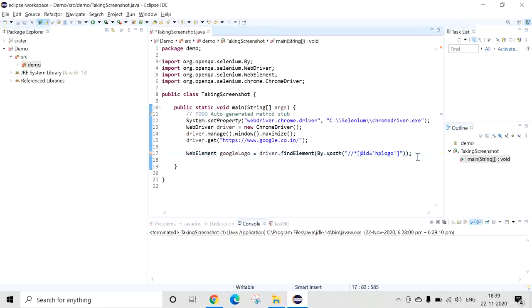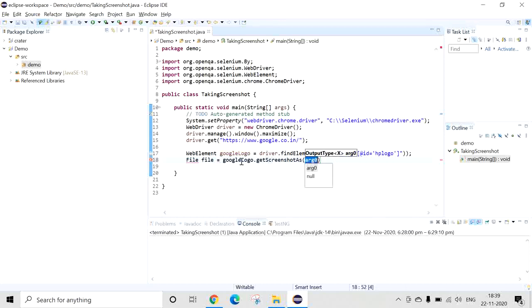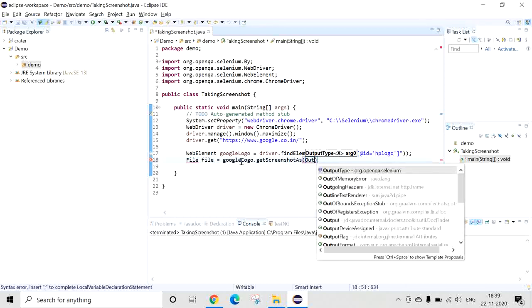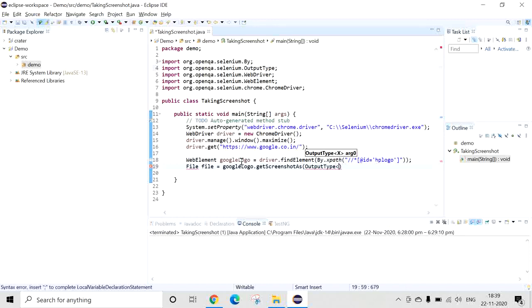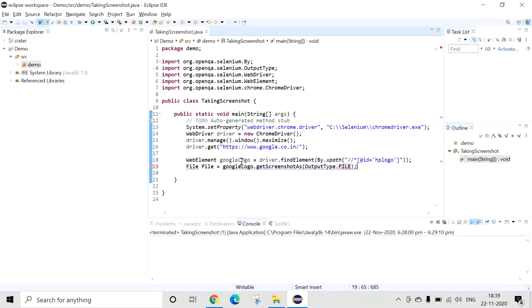Now we can start writing the code for taking this screenshot in Selenium 4. In Selenium 4, we can take a File directly. First we need to take the screenshot. For that you can take this element directly, then write getScreenshotAs(OutputType.FILE). Okay, OutputType.FILE. Now it will take the screenshot and hold it in our buffer.